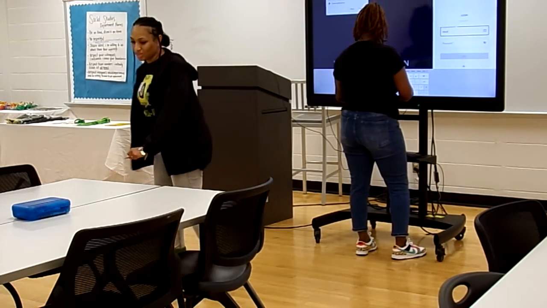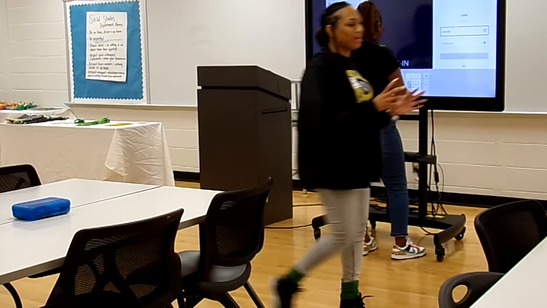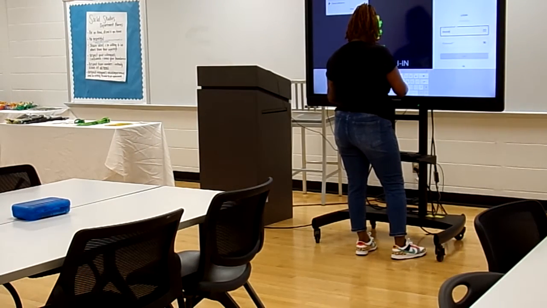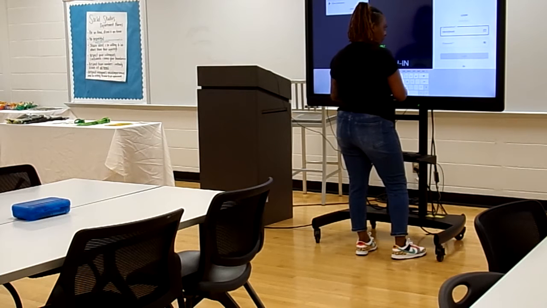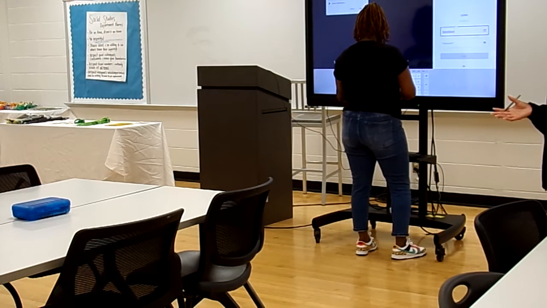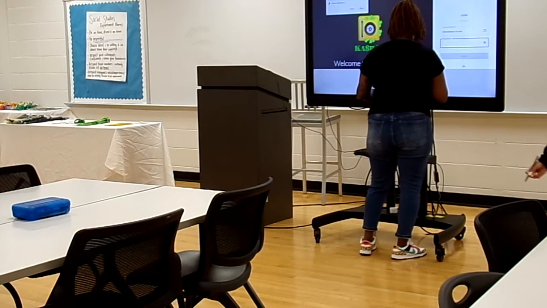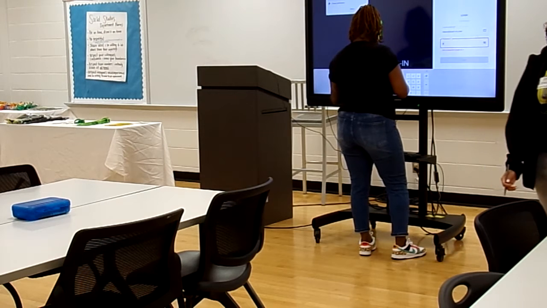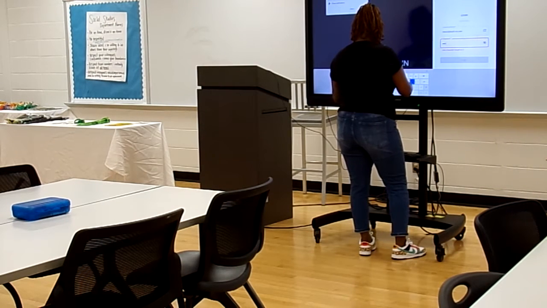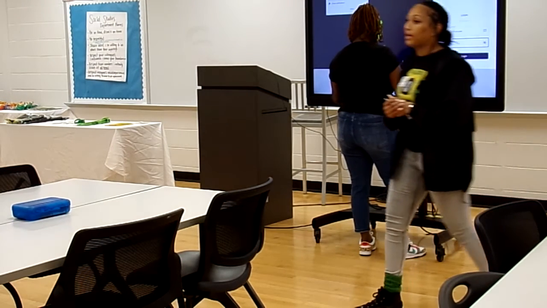So we're just gonna show you, because this is the part I think you guys missed. You can reward your students based on their behaviors. Any behaviors that you want them to display or you want to discourage them from displaying, you can add money to their accounts, and you can deduct money from their accounts when they're not displaying the behaviors you want them to display.